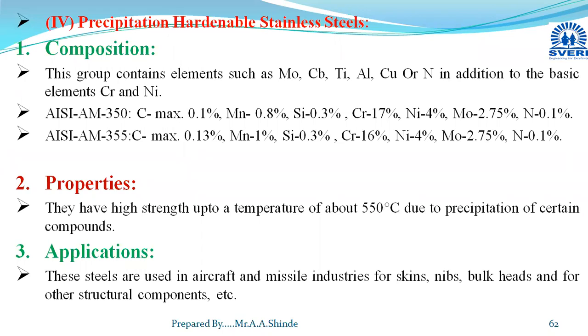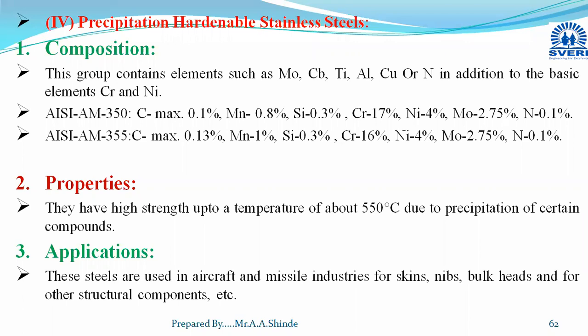Due to this characteristic, these precipitation hardenable stainless steels are used in aircraft and missile industries for manufacturing skins, nibs, bulkheads, and other structural components. Different components in the aircraft and missile industry are manufactured with these steels, because they provide high strength and high hardness along with great corrosion resistance, even at high temperatures up to 550 degrees Celsius, due to the precipitation of complex compounds of alloying elements. Okay. Now,